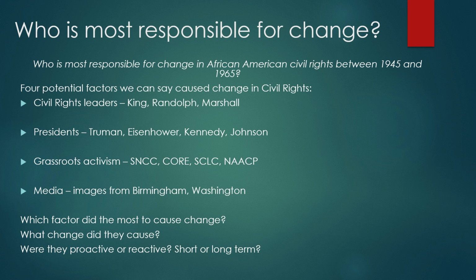Now, there are four potential factors we can look at, as I've outlined on the screen here. We can look at specific leaders in the civil rights movement: King, Randolph, Marshall, maybe others like James, or even black power leaders like Malcolm X and the rising of Stokely Carmichael. There are also the federal government and the presidents who used their executive powers to enforce change and bring awareness to civil rights, using the position of power they were given by the electorate to make some change for African American civil rights. A third factor will be grassroots activism.